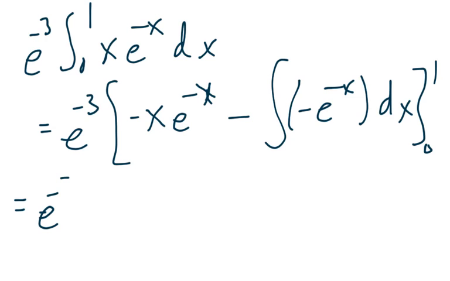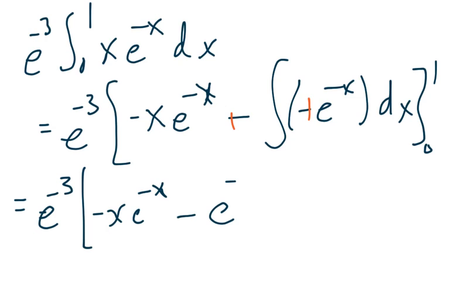So we get e to the minus 3 minus x e to the minus x. This becomes a plus, right? So this is just a plus and a plus. But then when we integrate this, we'll get a minus sign. So we get minus e to the minus x from 0 to 1,